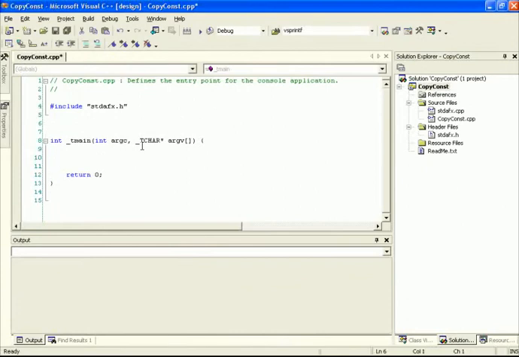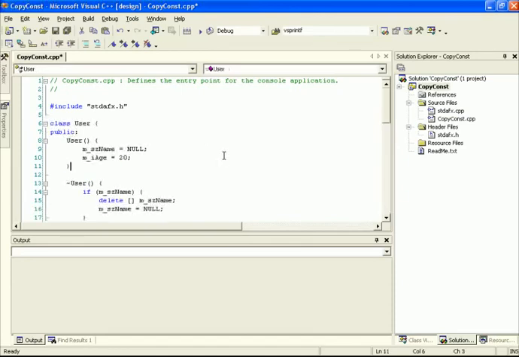Now, because we want to be using some classes, I'm just going to create a very simple class up here. This is the class that we're going to be using to demonstrate how the copy constructor works. It's called user, and we have a constructor which initializes our two member variables, m_szName and m_IAge. Initially, this user will not have a name, so we set this parameter to null because it's a pointer to a character string. The other member variable is an integer, so we're just going to set it to some value, let's say